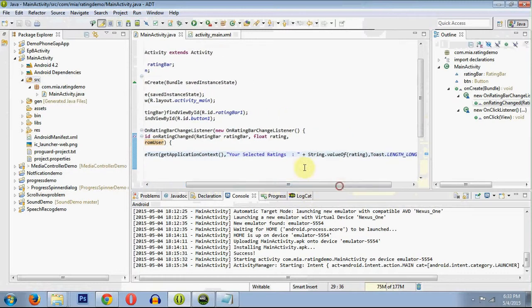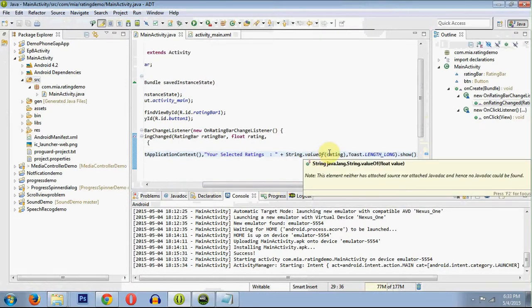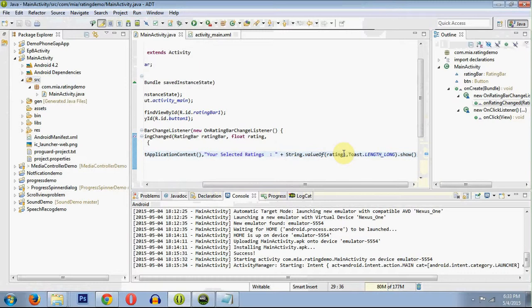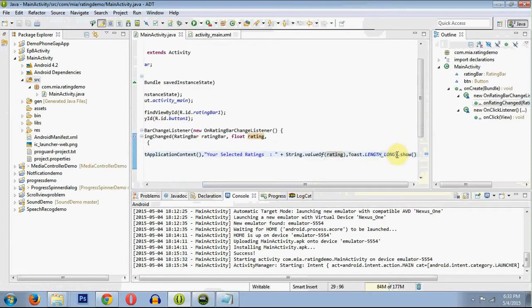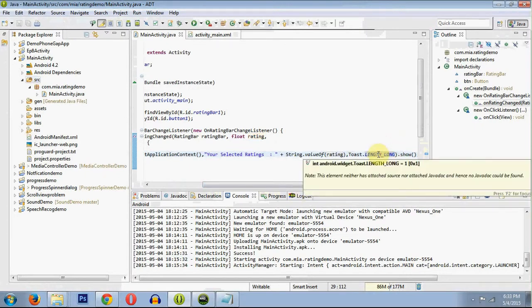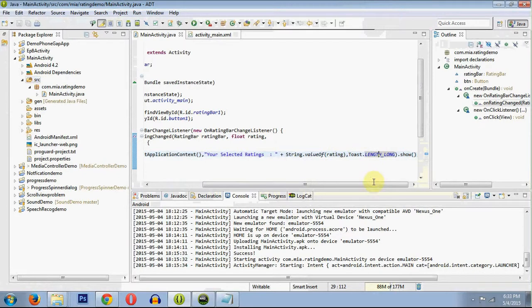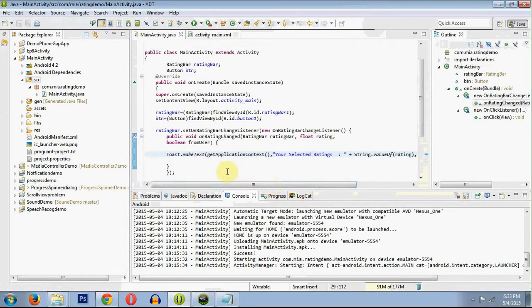So you will see your selected ratings, String.valueOf, it will convert the rating. You will get a float value out there, Toast.LENGTH_LONG. It will display a toast for a longer time, LENGTH_LONG, dot show, to show the toast.